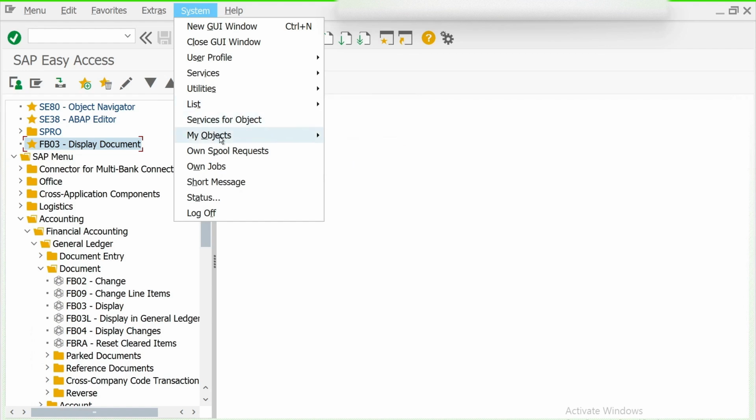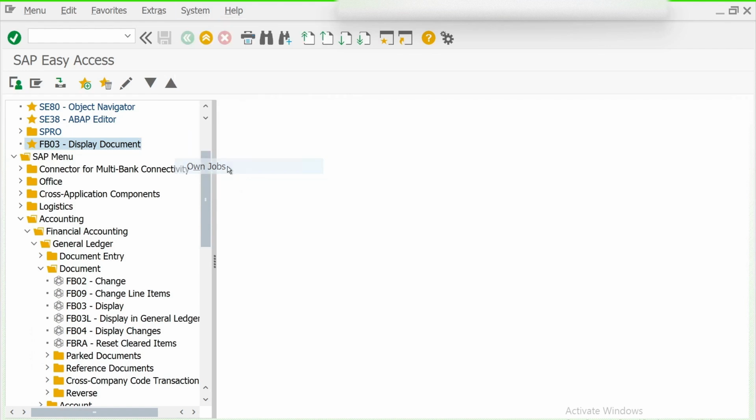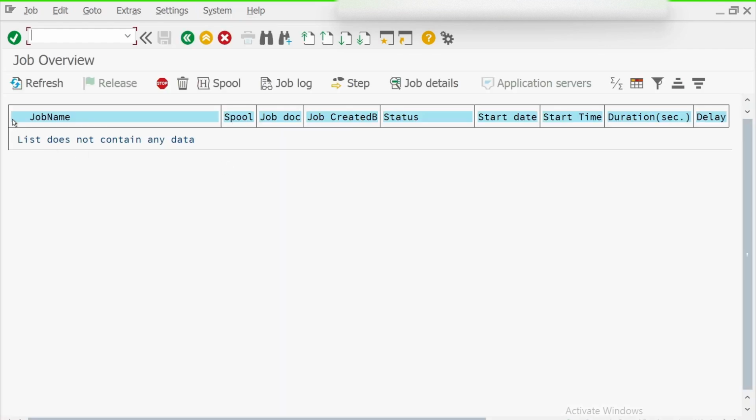Apart from this, there is another important option under this, own jobs. So what are own jobs? For example, you manually run any job. You want to see which job you have executed and what the status of it is. If you click here on jobs, you see it's showing the list does not contain any data.